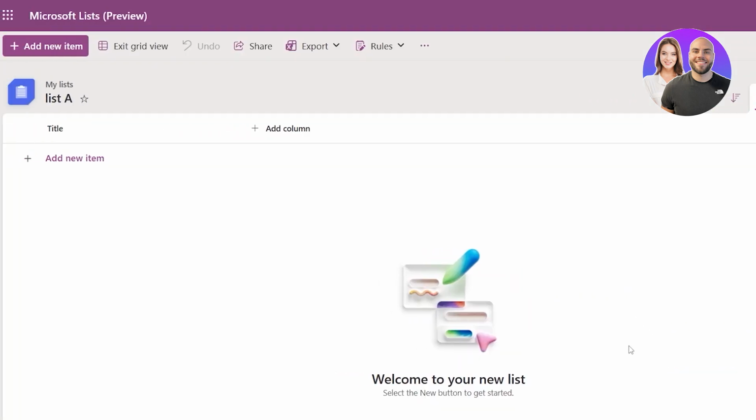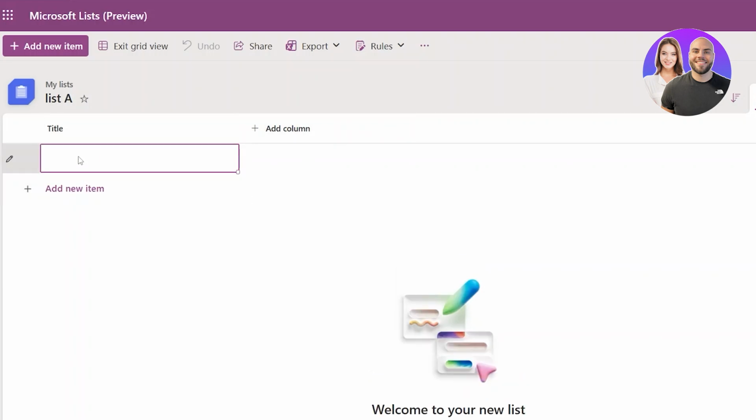Now, if you're a beginner, using a template is usually the easiest option because templates are pre-built and structures are common for task tracking, employee onboarding, event planning, or issue tracking. Now, once we do create a list, this is pretty simple. Since we're starting from scratch, it doesn't have much material going on,